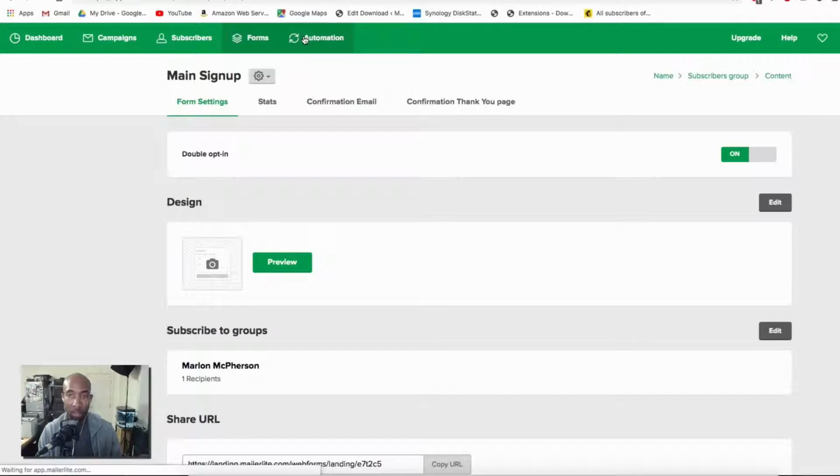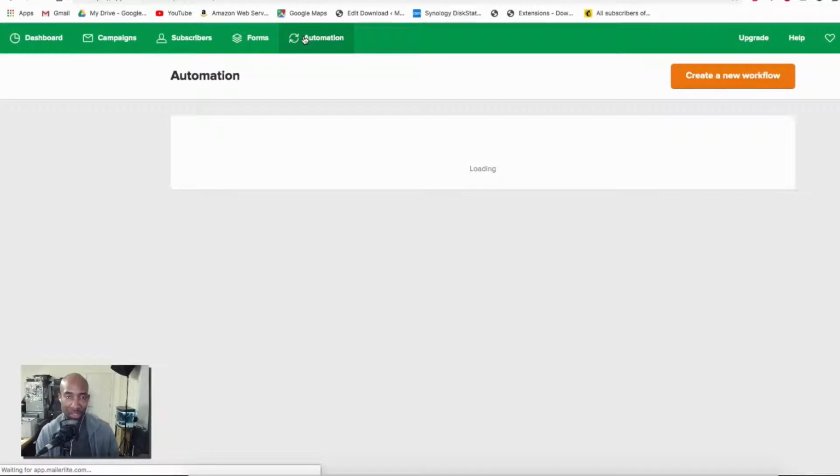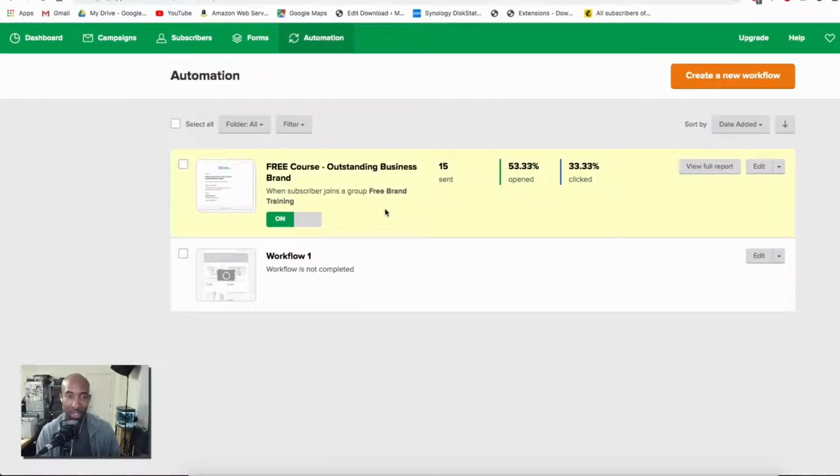Now, the big thing about this that I really love is the automation as well. The other big thing, other than multiple sign up forms, is that the automations are really intuitive to use. And I'm going to bring you into what's called a workflow, which is essentially a set of automated emails and things that are going to happen. You're going to build out a sequence of events based on how you want people to receive your emails once they've signed up. So if I show you what inside my free brand course looks like,